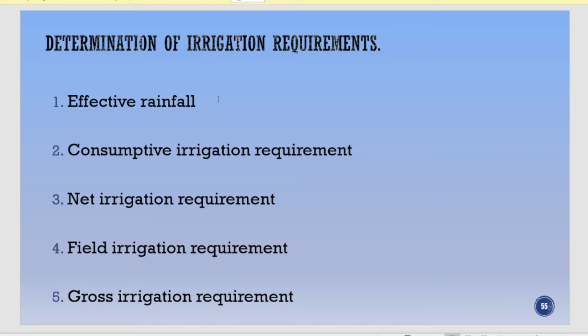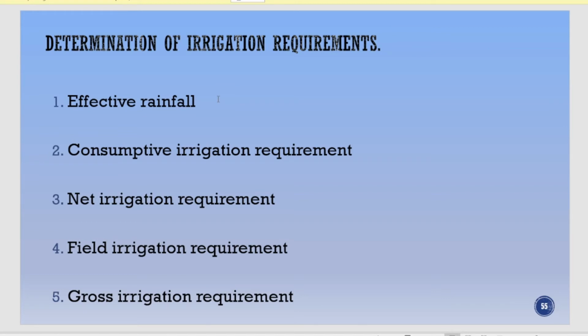If the rainfall is more than the water holding capacity of your soil, the excess amount of water will be converted into runoff, right? So it is how effectively the precipitated water is retained in your agricultural fields. When you determine this effective rainfall, only then will you be able to understand your irrigation water necessity. So you will use the rainfall water first, and after that, if there is a necessity, you will start using the irrigation water, right? Understanding effective rainfall becomes the first part of the irrigation requirement.